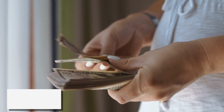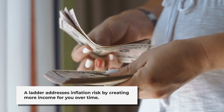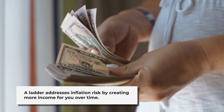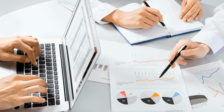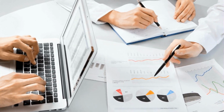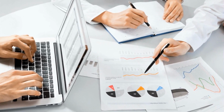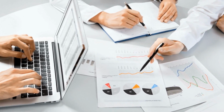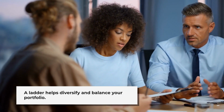Dawn's ladder gives her more income as she ages, which could help her overcome longevity risk. Her ladder also addresses inflation risk because it's designed to increase her income over time. So, what are the main advantages of an annuity ladder? As the examples I mentioned previously indicate, a laddering strategy may have several positive effects on your financial planning. Some of the more obvious ways in which a ladder can benefit a retiree include